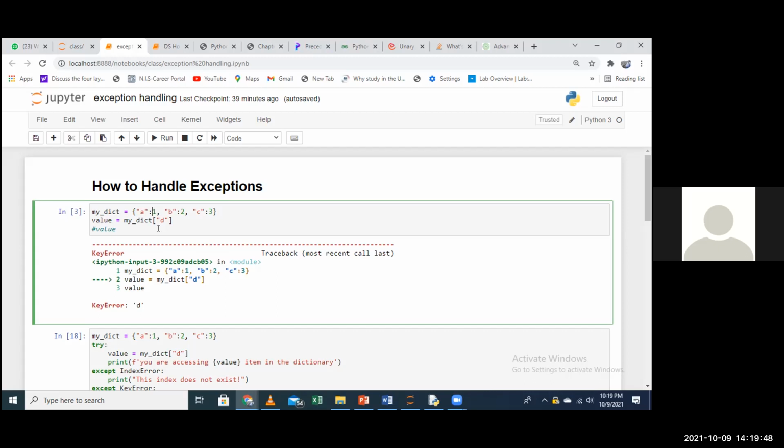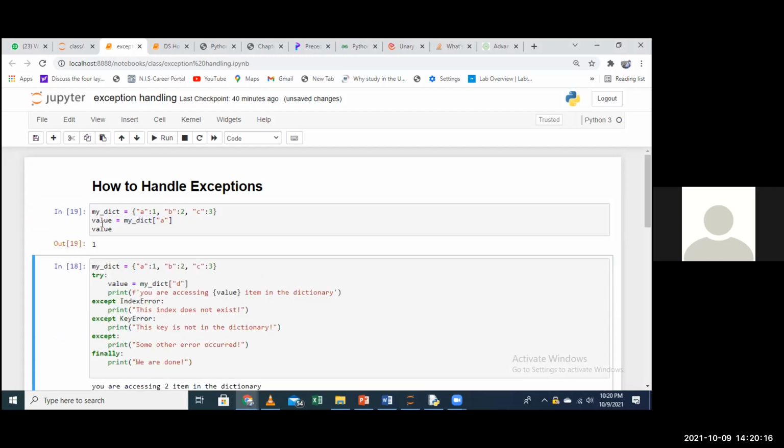When you want to access a particular element of a dictionary, this is how you access. Let's say A. Here what we are trying to do is access an element, a key in my dictionary, which is called A. You see?